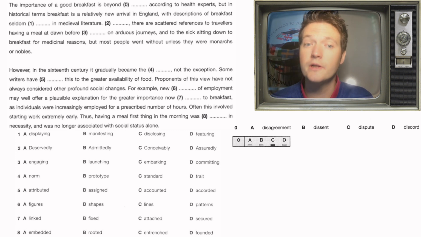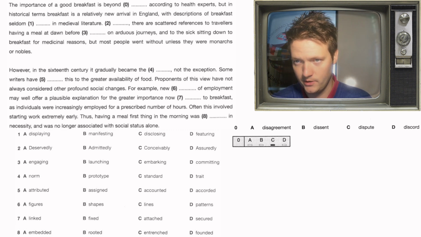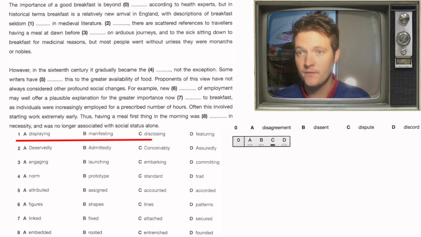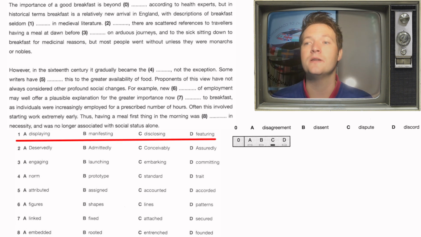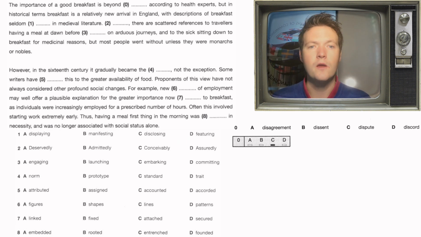But in historical terms, breakfast is a relatively new arrival in England, with descriptions of breakfast seldom in medieval literature. Okay, so seldom what in medieval literature? So the options we have here: displaying, manifesting, disclosing, or featuring. Well,